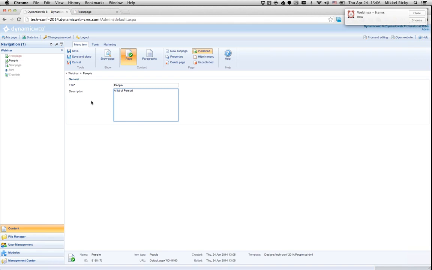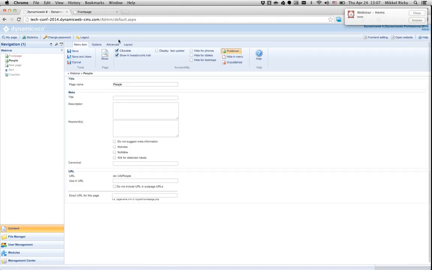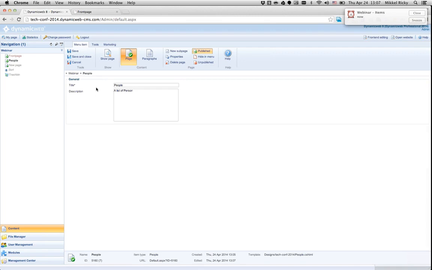So just have people and the list of person. And you can see this is an item-based page, so it has a lot of the properties shared with a page. It has the stuff about it, when it should be published, when it should be unpublished, and it has permissions, it has layout settings and stuff like that. So basically it's a Dynamicweb page, but it's an item-based page where I have very fine-grained control over the properties of the page. And now if I go to the front end and refresh, then I have my new page